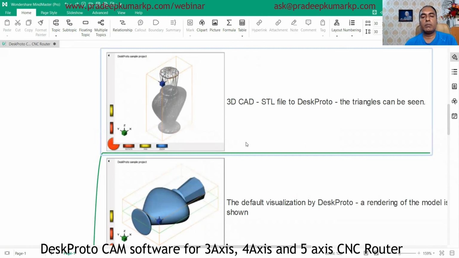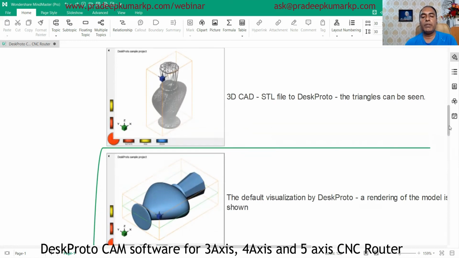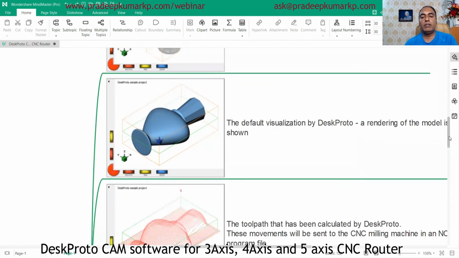Basically, when we give a 2D file or 3D file or image file, here I am explaining about a 3D file, that is an STL file format, like this bottle, no? We can import it into the DeskProto software. You can see it as a triangle mesh like this. Then in DeskProto itself, we have a visualization like this.